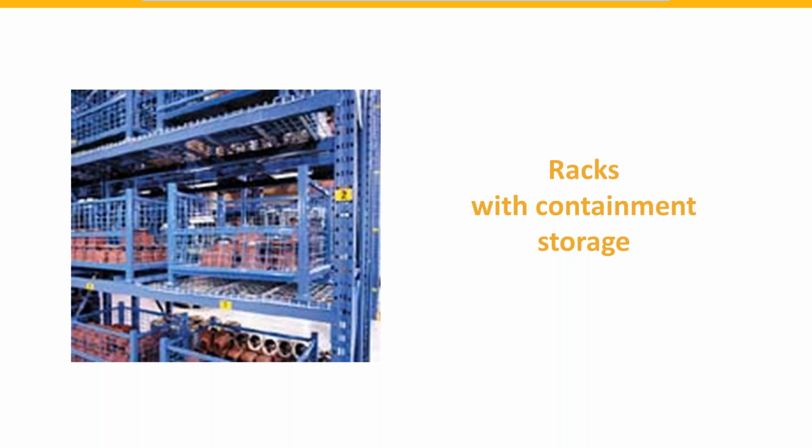Here you see racks with containment storages. What you have is maybe small items, and you don't want to put a barcode sticker on each one. So you stick the barcode on the basket, put everything in that basket, and put the basket into a bin. So you can take out those baskets and take your items from there. That's a way to do storage, because it's important. Sometimes you have a lack of space, so you want to optimize your whole